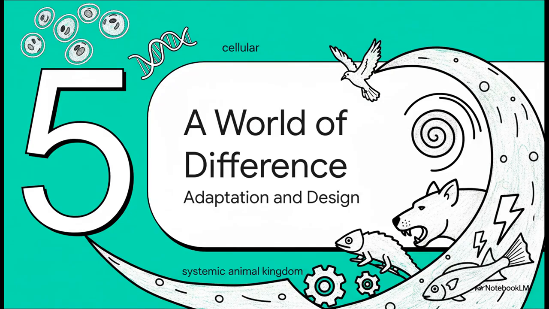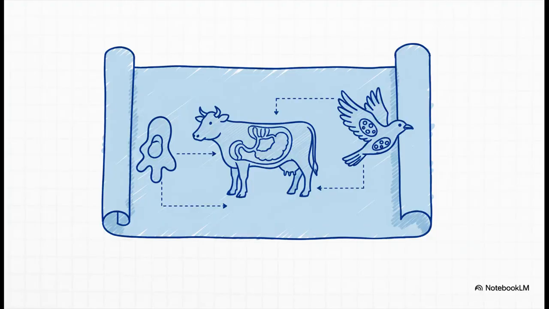So, when you pull it all together, from that one single cell all the way up to these incredibly complex internal systems, you just have to be amazed. The animal kingdom is a total masterclass in design. Every single feature, no matter how bizarre it might seem to us, is a brilliant solution to a real-world problem of survival. And here's the big takeaway. All this diversity we see, it's not just random chaos. It's a story told through countless different blueprints, and every single one is a successful strategy for making a living